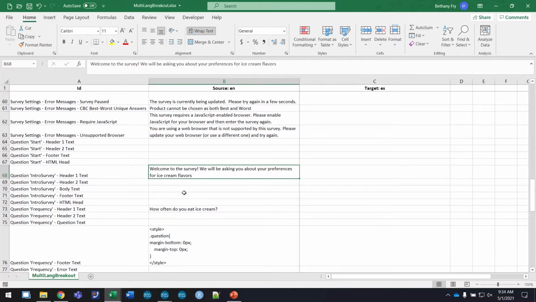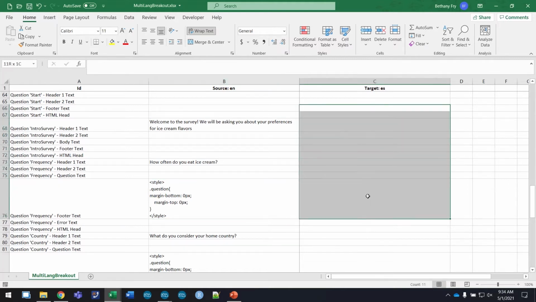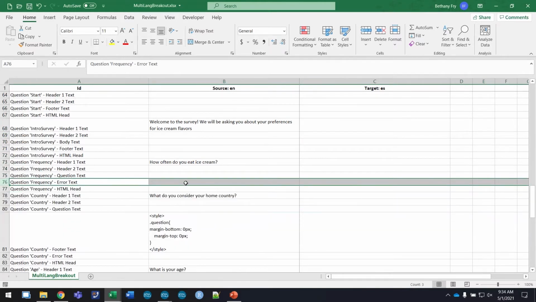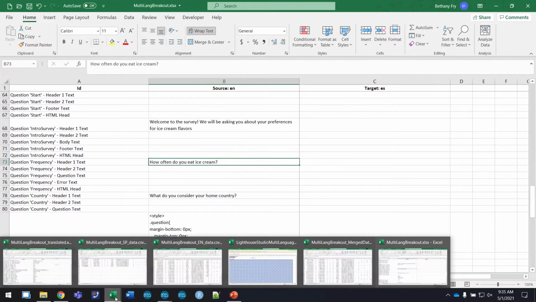Some things to keep in mind is that I do have a little bit of custom coding in my survey. With this translation file, whatever is in column C will be imported into the software. So if I delete a row, that row won't be changed at all. So the footer of that one question, I don't remember what it was, will stay in the default text. Maybe if I don't want to change this frequency question, I can delete it and it will always appear in English. Okay, so I'm going to send that to my translator